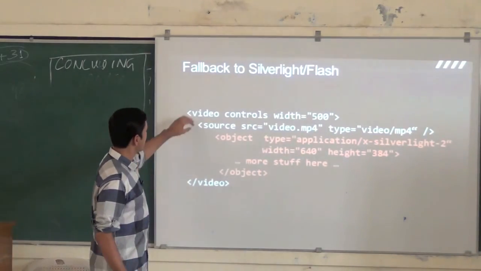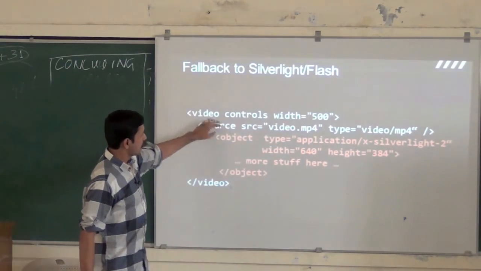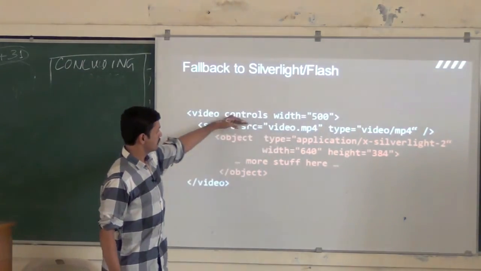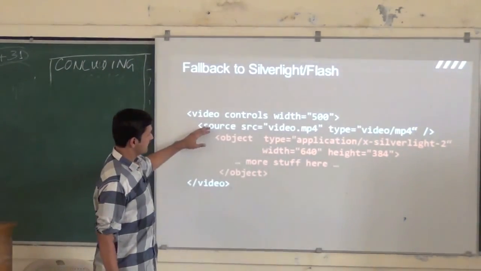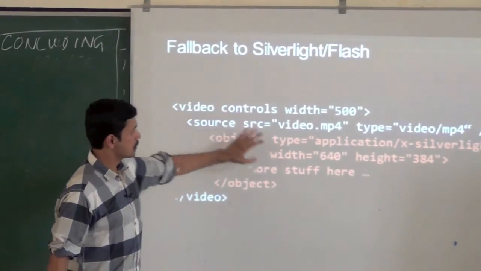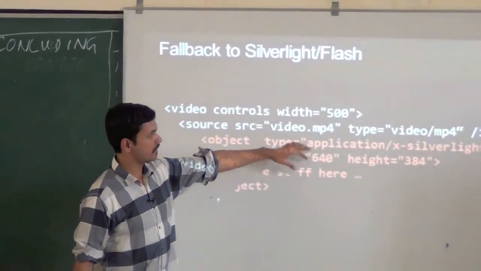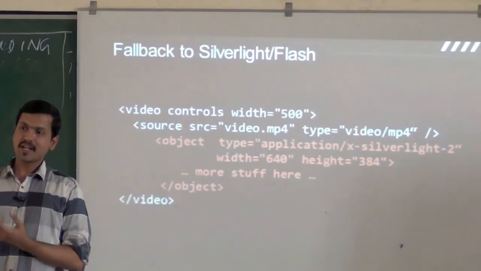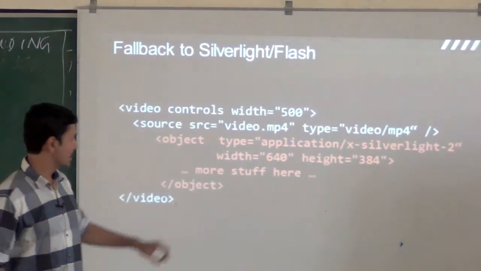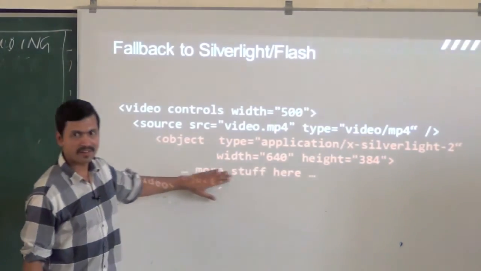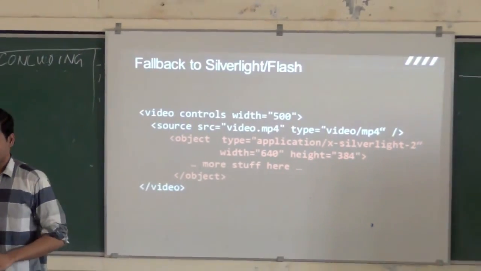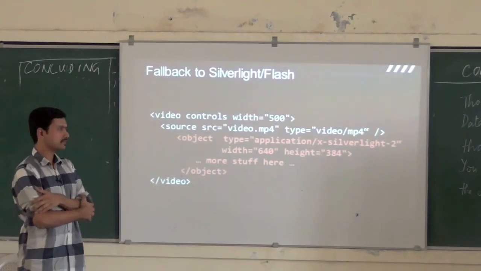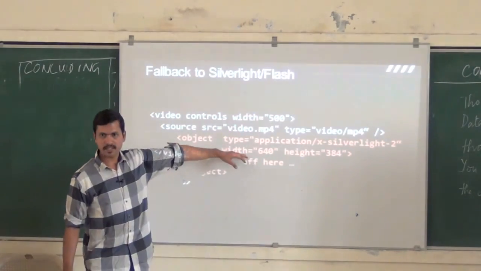So here, if you think about this, you have the video tag, and here is the video source, and you have to give that multiple times for different browser brands. And then there could be folks who don't know about video, so we give an object tag, which could be Silverlight or Flash, and then they might not have Silverlight or Flash. So the object tag can have more stuff in the middle here to provide fallback for folks who don't have that, right? So what fallback would you give for folks who don't have that? You put a div here that says get a nice browser.